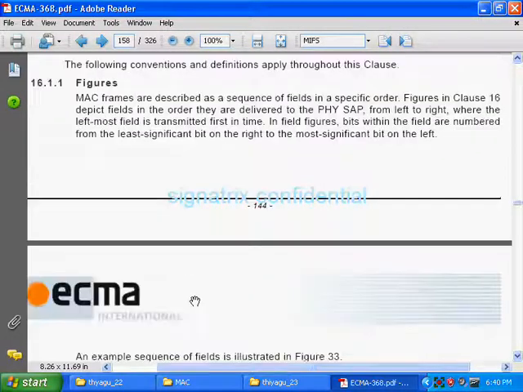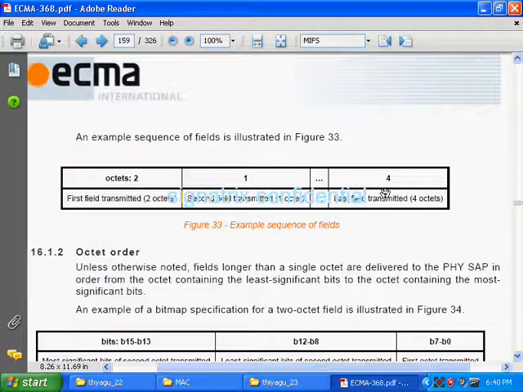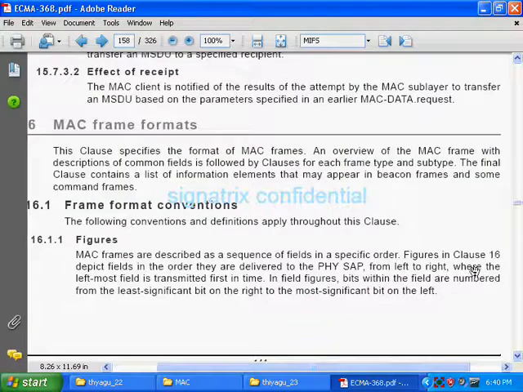For example, which octet will go first? The octet at the leftmost corner. The leftmost field is transmitted first in time. In the figures, the bits within the field are numbered from the least significant bit on the right to the most significant bit on the left.